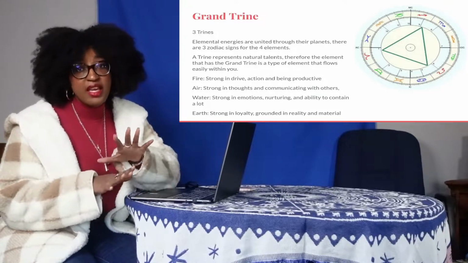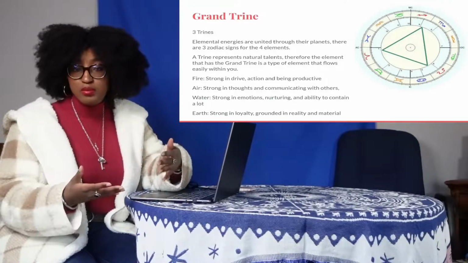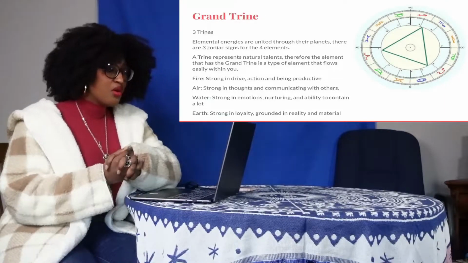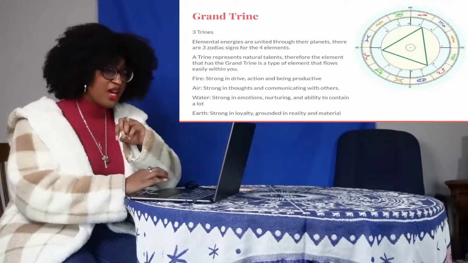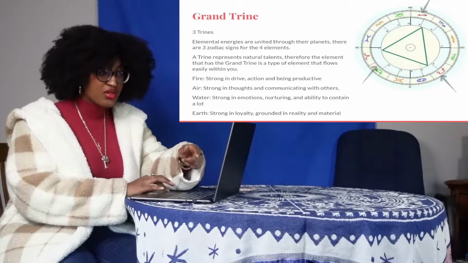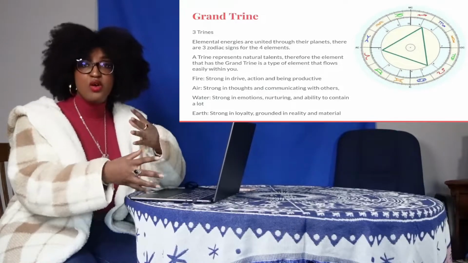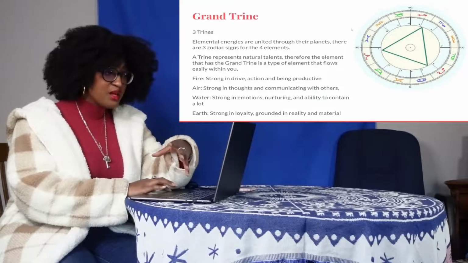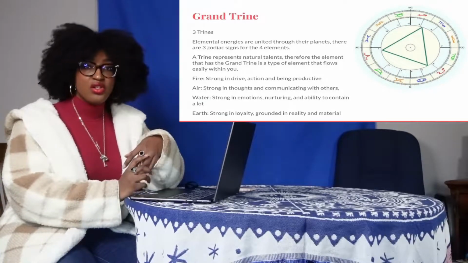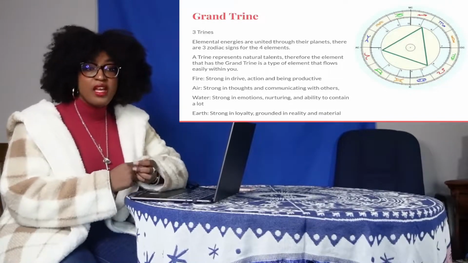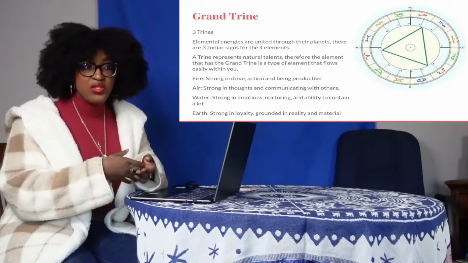However, a trine can also be negative in a sense because it's a positive aspect, but too much of anything can be a bad thing. So a negative about a trine is that even though this might be a natural talent that you have, and as you see, it's reaching different parts of your houses in your chart. So that means different areas of your life are able to come together and help this talent. But this talent is something you don't have to work at, so therefore you can get lazy with it. You could overuse it, or you could just not use it at all, and it's a talent that goes away. Because practice makes perfect. If you're not using it, you lose it.